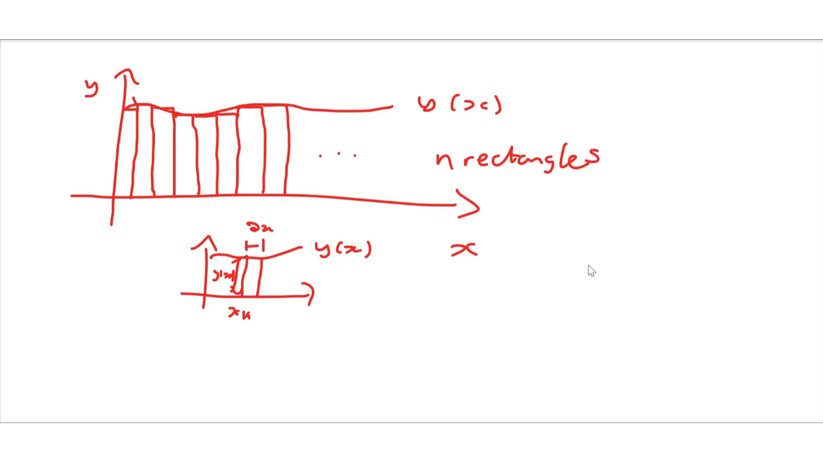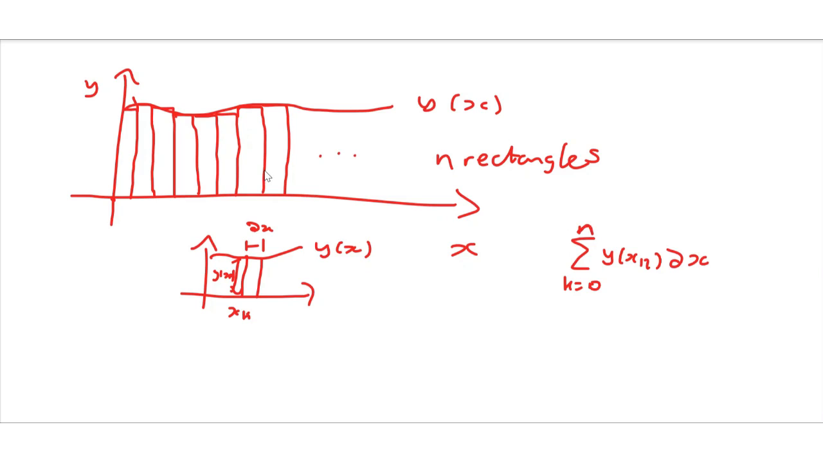So the sum of all these rectangles is equal to the sum from k equals 0 up to n, where this is x to the 0, of the area of these rectangles, which is y of x of k multiplied by delta x. So if we want to add more and more rectangles, that's equal to, when n tends to infinity,